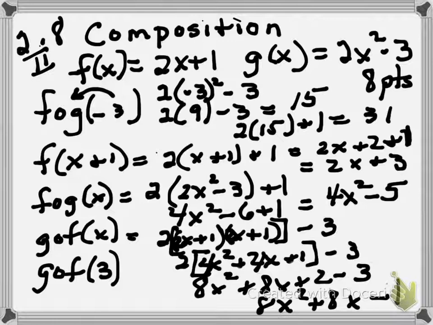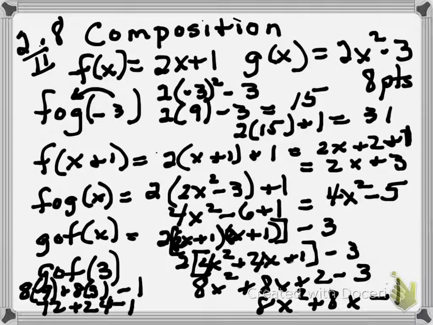Now to substitute 3, and since I already have an equation, I can either go into F, get an answer, then go into G, or just put 3 into what I just worked out, which is 8 times 3 squared, which is 9, plus 8 times 3 minus 1, or 72 plus 24 minus 1, or 96 minus 1, which is 95. So since I already found